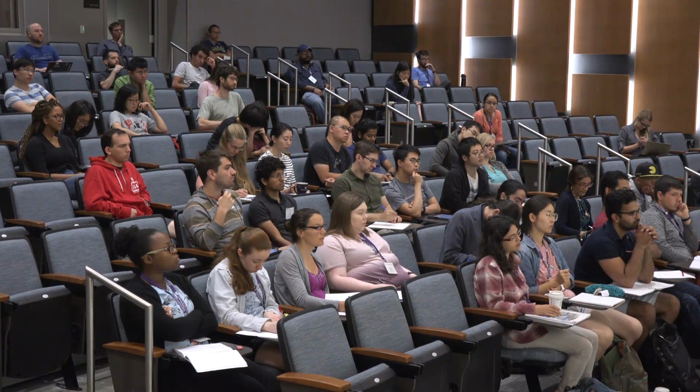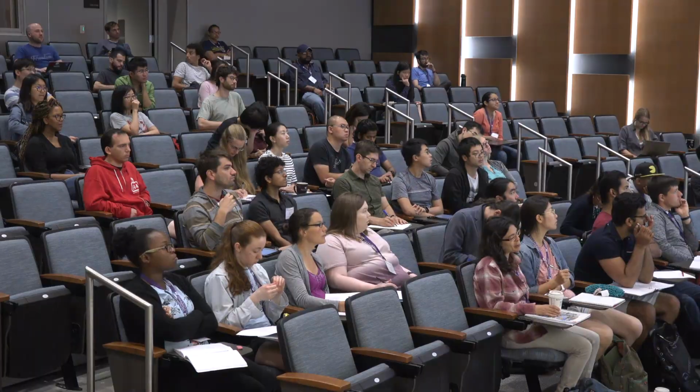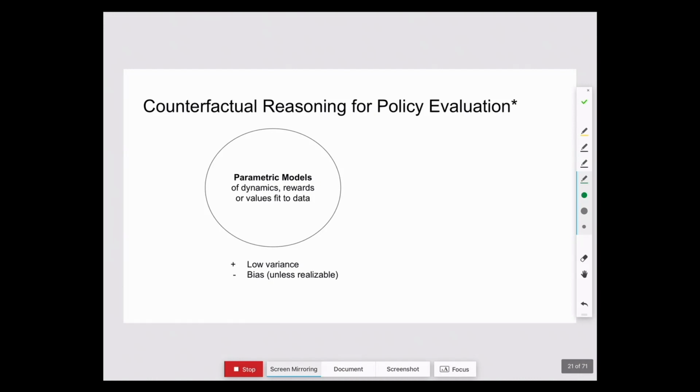So the next thing that one could do, well, okay, so those are two ways we could do this. We could do model-free or we could do model-based. And those provide us with parametric models, either of the dynamics and rewards or the value function. And as I was mentioning, the benefit of these is that they're generally lower variance. And the downside is they're biased, and they might be asymptotically biased. And so they're generally not going to be realizable unless we make a strong assumption that our true value function lies within the parametric form we're using, or we're using a non-parametric approximation.